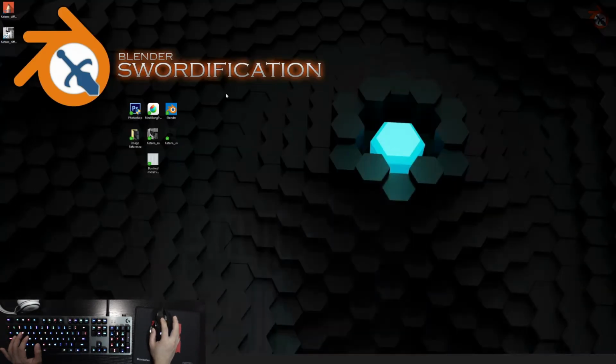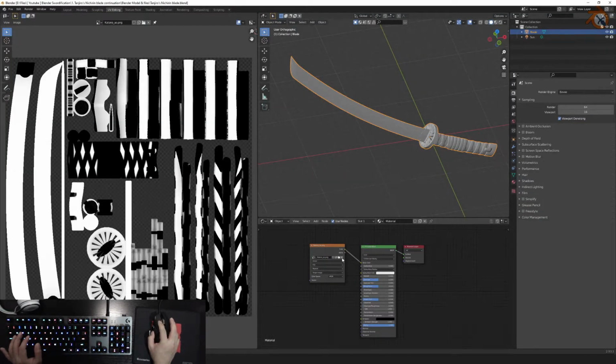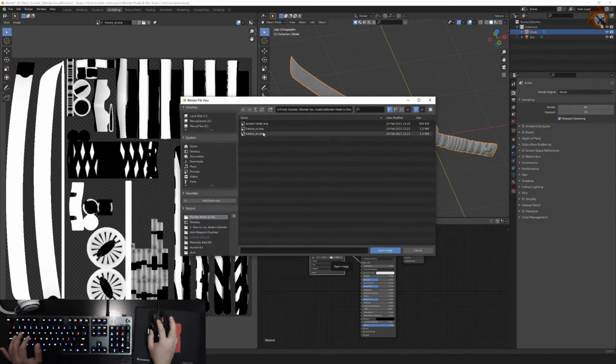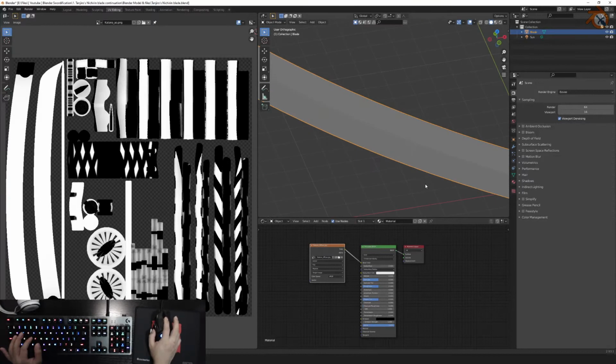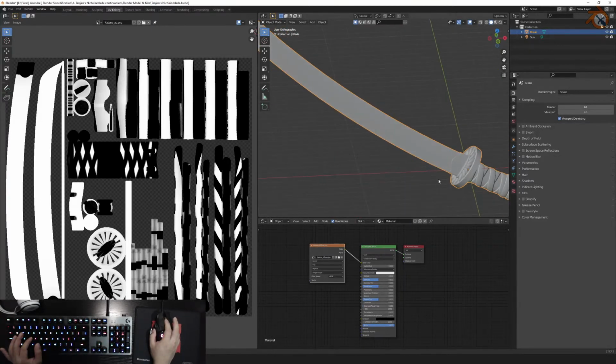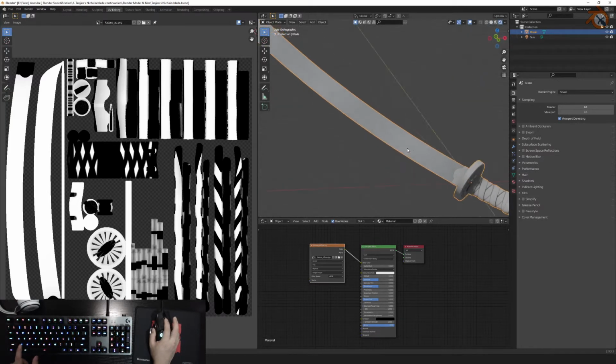and once again let's open up Blender and let's put in the Katana color somewhere in the desktop again. JPEG, Katana Diffuse JPEG. Okay, so here it is. Let's press Z, render. Then